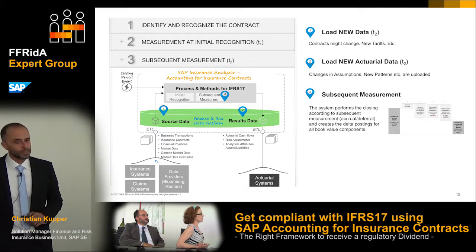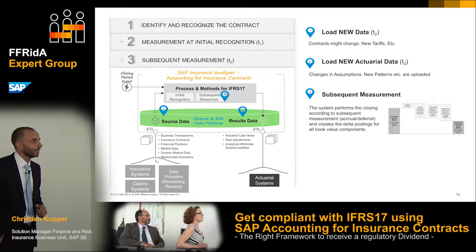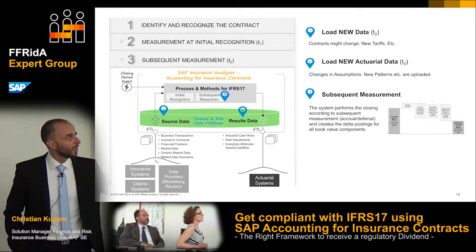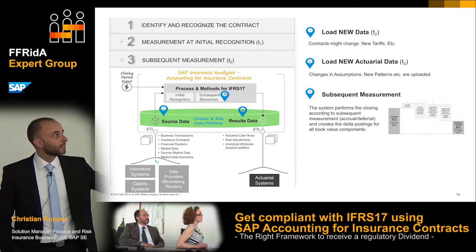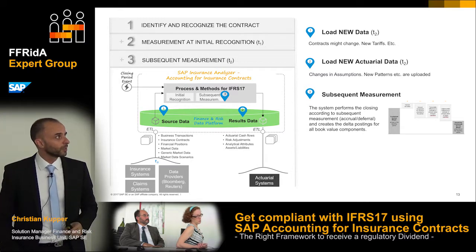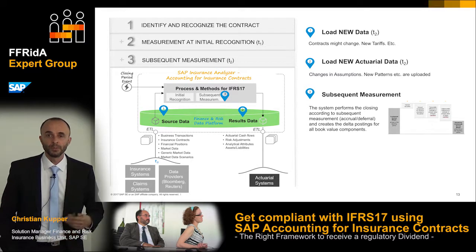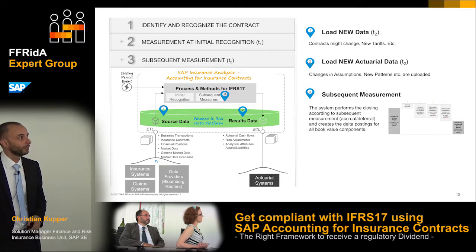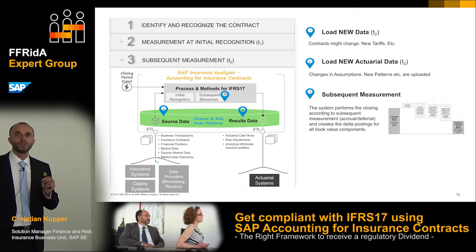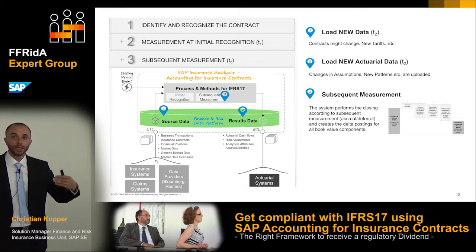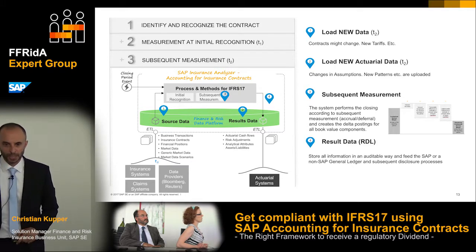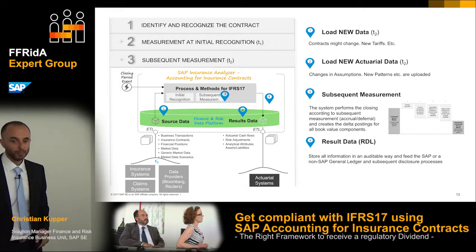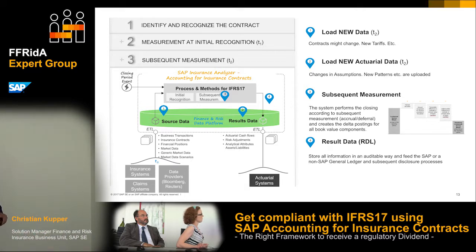Then in subsequent measurement, you have to perform more calculation procedures. So the rule here is to take the contractual service margin from the last period, then to do the interest accretion, to do the accrual, to do the deferral, and then to post favorable and unfavorable differences inside these cash flows. And at the end of this procedure, you have a new contractual service margin. And of course, you post again to the general ledger.